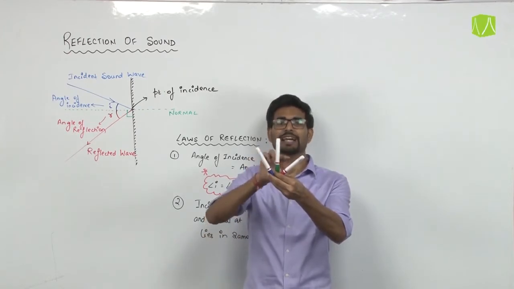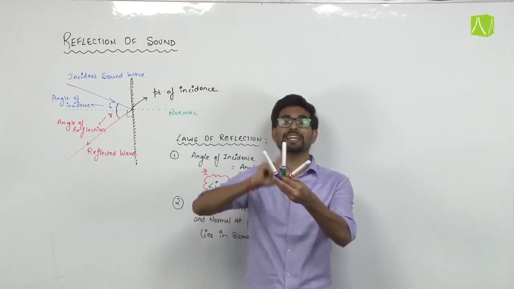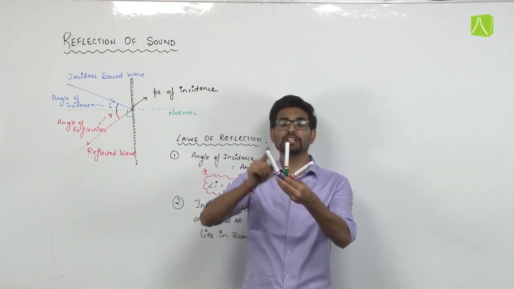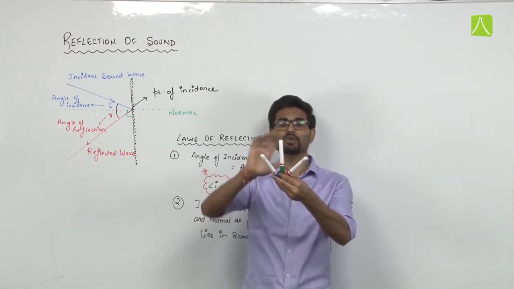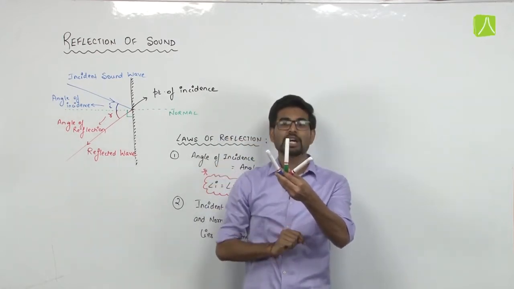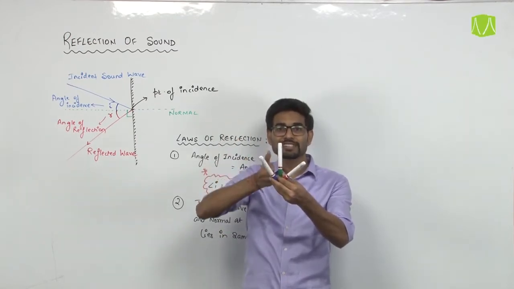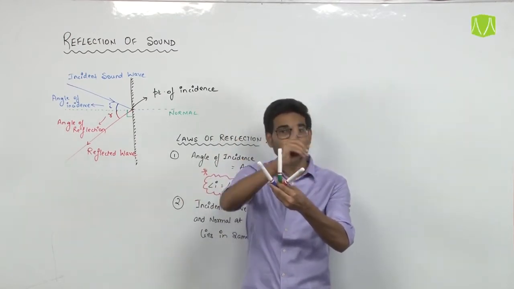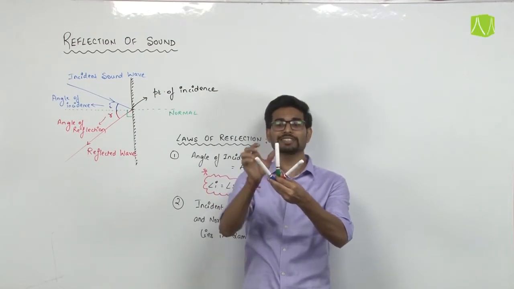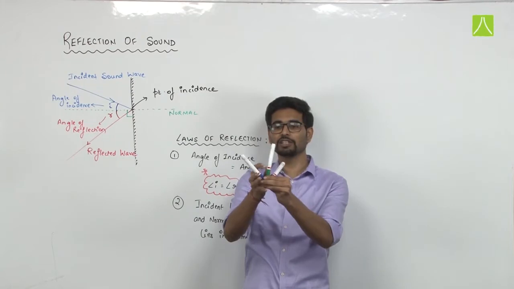Means angle I अभी भी angle R के बराबर है, first law follow हो रहा है. But I cannot make a common plane which will contain all these three waves. एक कोई भी common plane नहीं बन सकता जो इन तीनों waves को contain करे. तो ये सेकंड लॉ को फॉलो नहीं कर रहा. मतलब अगर इंसिडेंट वेव ऐसे आ रही है तो वो रिफ्लेक्ट होकर ऐसे नहीं जा सकती. उसको रिफ्लेक्ट होकर कुछ इस तरीके से जाना पड़ेगा कि ये तीनों एक प्लेन